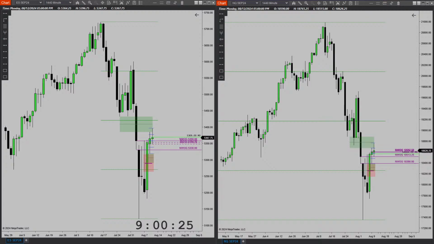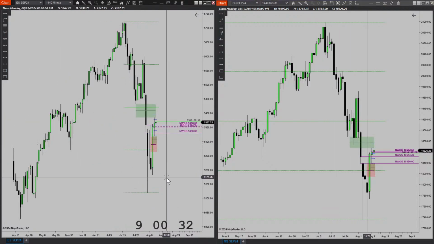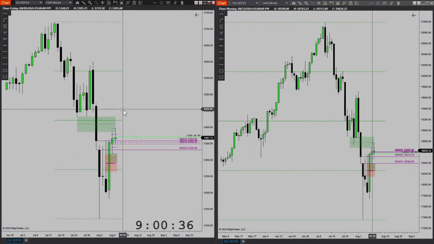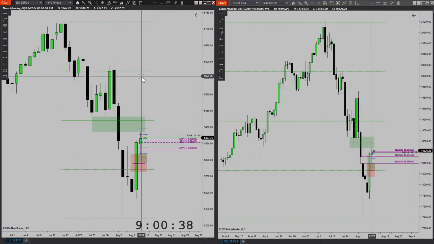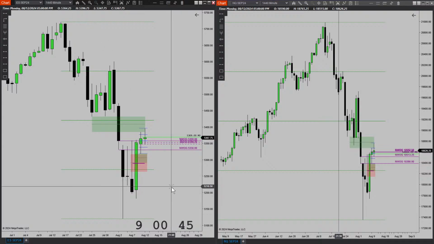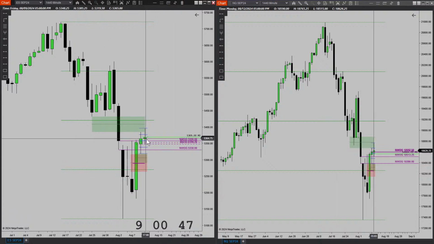All right, good morning. Today is August 13th of 2024, and let's go over yesterday's price action as well as the outlook for today. Yesterday I had a bearish bias where I had expected price to draw the lows or sweep lows, and we did get that. Is this yesterday's? Yes, this is yesterday's.